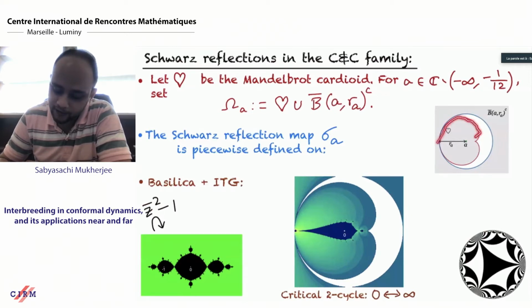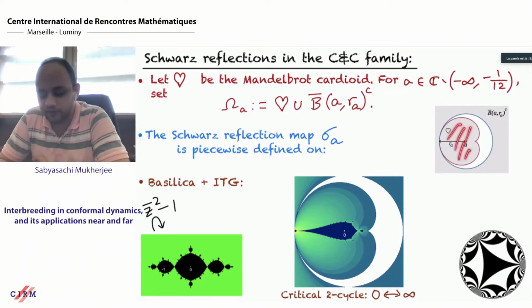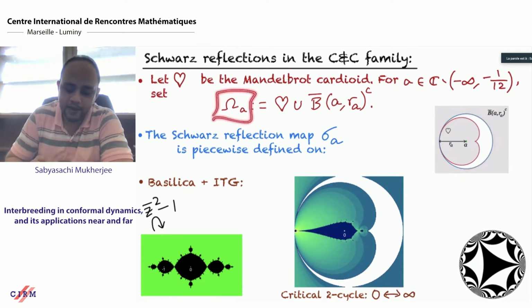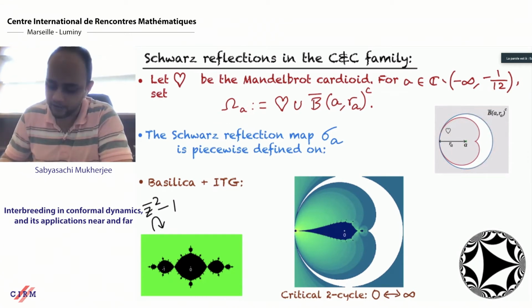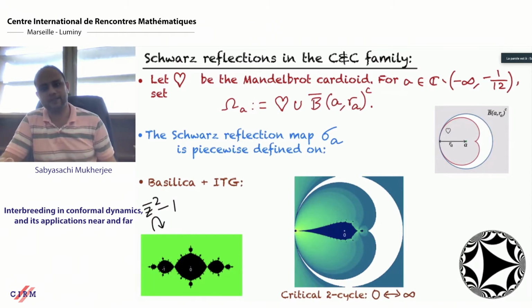You take as your phase plane the principal cardioid of the Mandelbrot set and a disk, a circumcircle, this blue guy. Inside, you define the Schwarz reflection map of this quadrature domain, and outside, you just take reflection in this circle, in the blue circle. This is what my omega A is, so the only choice of the parameter here is the center of this blue disk. Depending on the center of the blue disk, you have a one-parameter family of Schwarz reflection maps here.